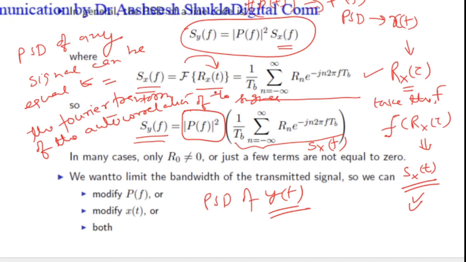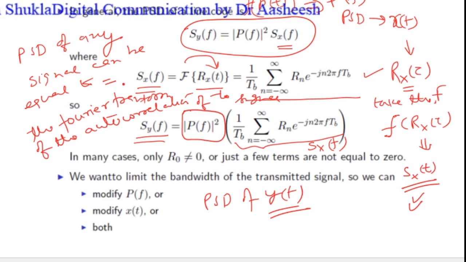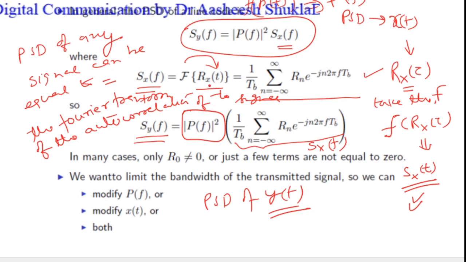Here in this video I have not discussed the proof of all these formulas, but in the next video I want to prove all these relationships. In this video we have just discussed how we can find out the power spectral density of a line code, and the advantage of finding the PSD of any line code, because we want to analyze different line codes. If we want to analyze different line codes, then we have to calculate the power spectral densities of all the line codes, and on the basis of the power spectral density we have to find out which code can be better for us. I hope you got the point.